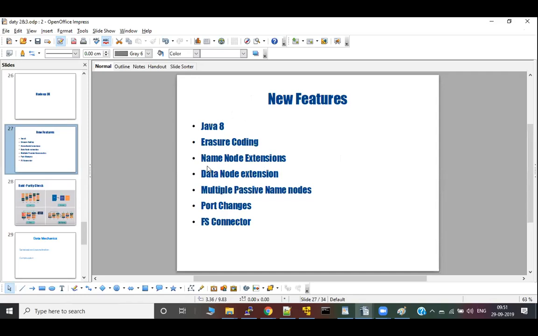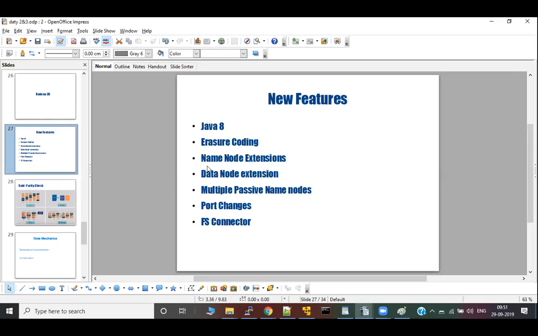So with respect to port changes, as I told you, each service works on a particular port. There are some port changes. I don't want to go much deeper on this, not like admin people. The data node service, name node service, everything, the port got changed just for more efficiency, because in the past few years, in each system the ports got open. Maybe it's very layman for port things right now, but going ahead you'll understand in which port the service has